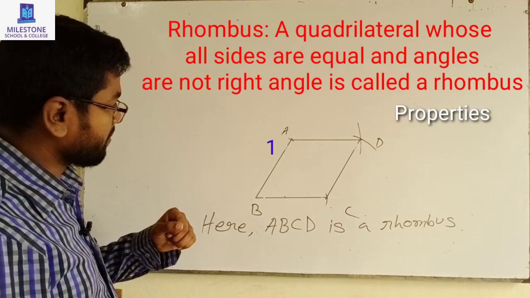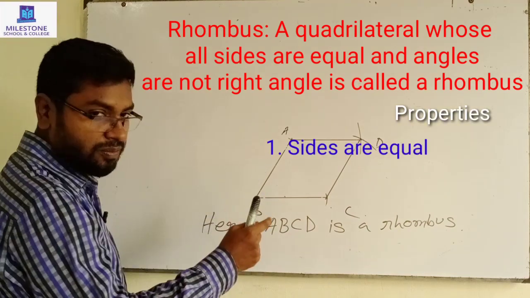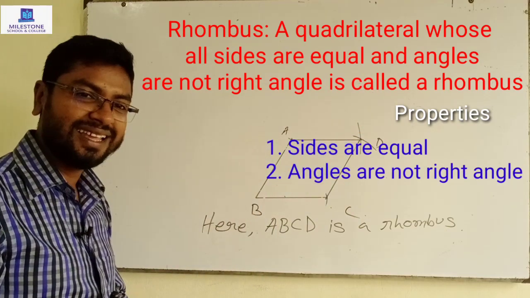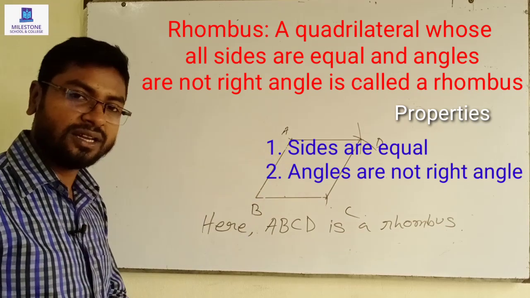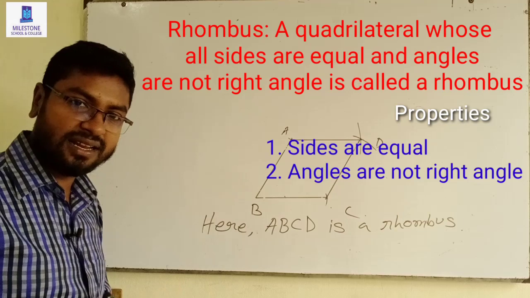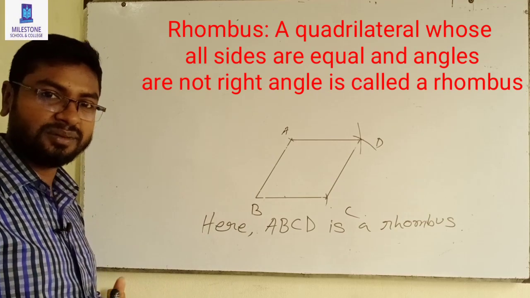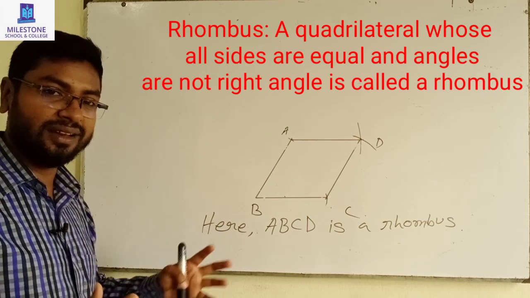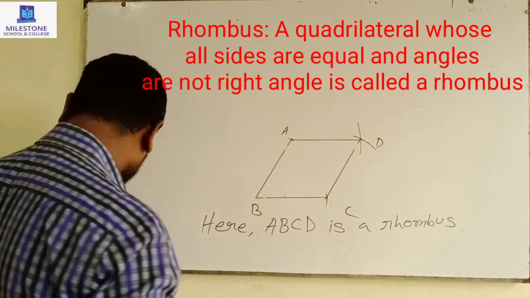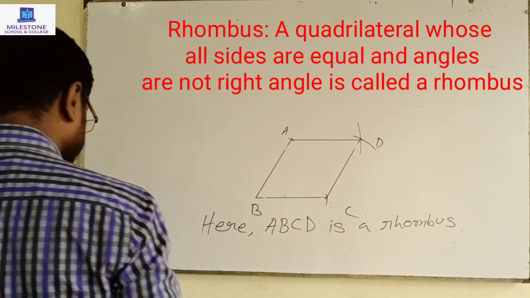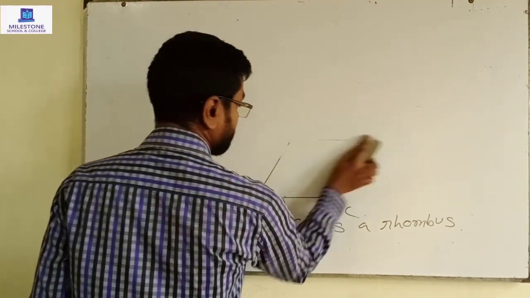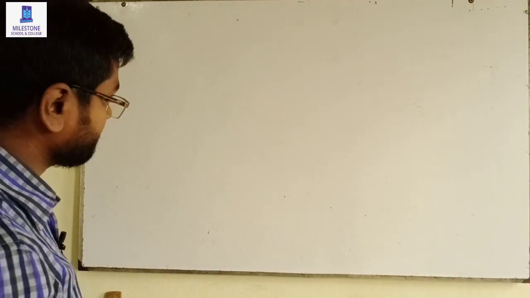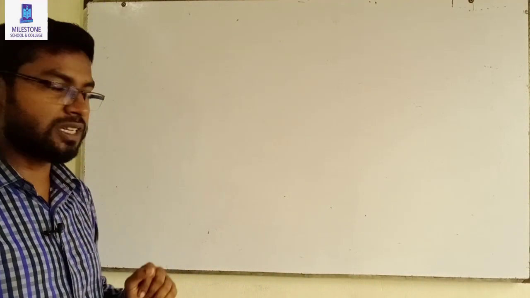See the properties of a rhombus. Properties of a rhombus, number 1: all sides are equal. Angles are not right angles. Have you understood? Now we will learn another figure. Now we will learn a special figure,